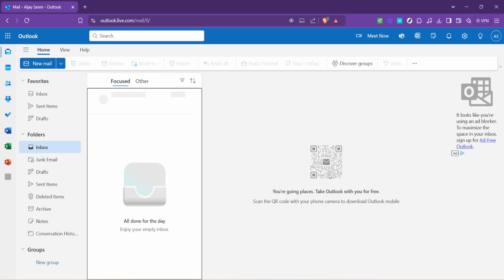And remember, the beauty of this integration isn't just in adding tasks, it's about syncing your priorities across platforms. As you update tasks in Microsoft To Do, those changes reflect in Outlook, ensuring coherence and saving you the hassle of updating tasks in multiple places. So there you have it, a straightforward guide on how to add to Microsoft To Do from Outlook, making your task management efforts more productive and less stressful.